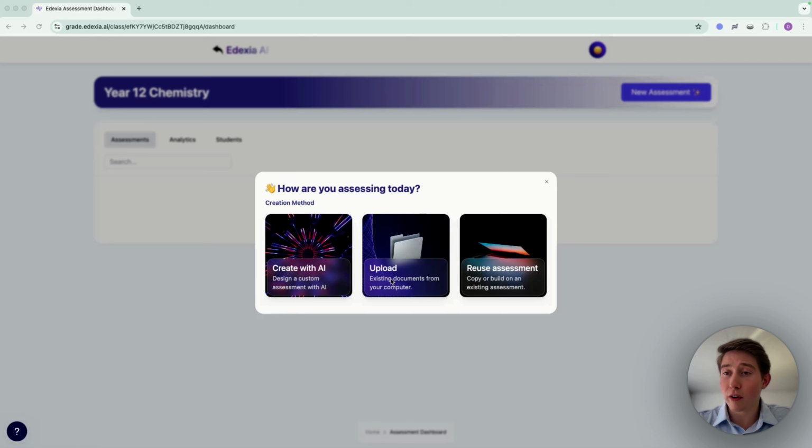This can be something that you're currently administering to your students, or maybe you just want to play around with some past summative responses. And then the third option is to reuse an assessment that either you have created or someone else on the platform within your organization has created for you to experiment with as well. For now, I'll start with going with the Create with AI option to show you how you can use that